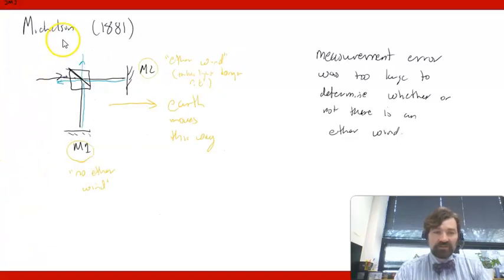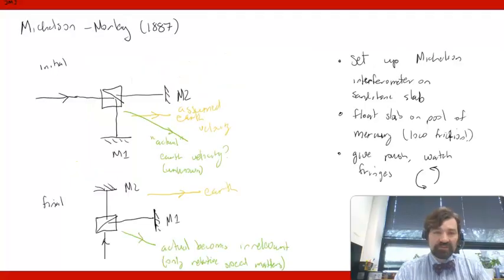I discussed the Michelson original experiment as well as the modification from Michelson and Morley, in which they essentially rotated the Michelson interferometer to look for fringe shifts as the interferometer rotates. This was basically to rule out the possibility of there being, let's say, a null result as per Michelson's original experiment due to the misorientation of the two arms relative to the Earth's motion,